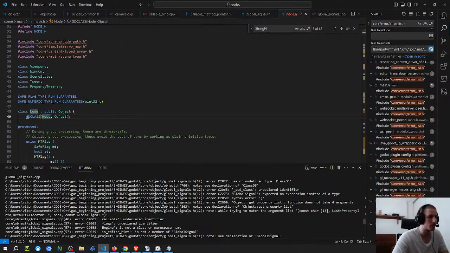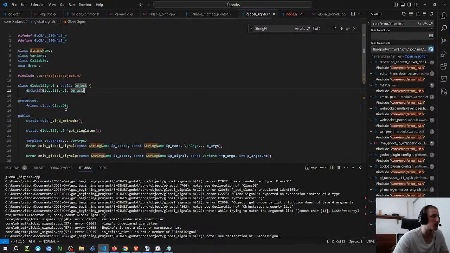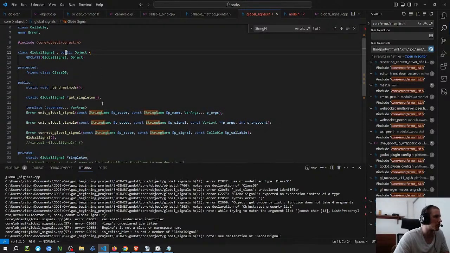I'm not really sure if this error here is because of the friend class, because obviously I'm inheriting from object on this one, so it should be a... yeah, but I think it doesn't matter. Maybe it matters because I'm declaring the functions at this level, so I have to review this again.